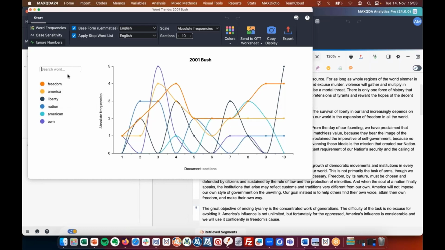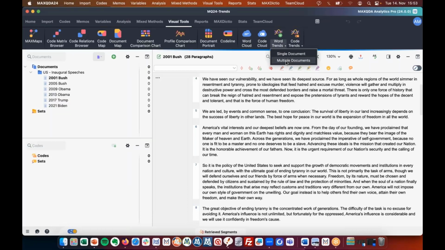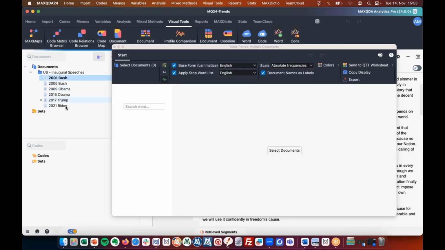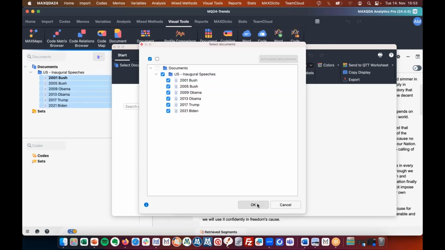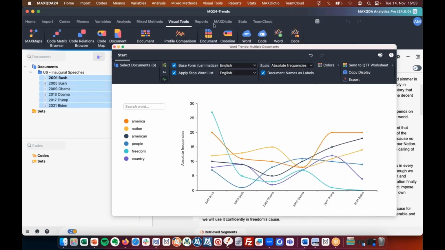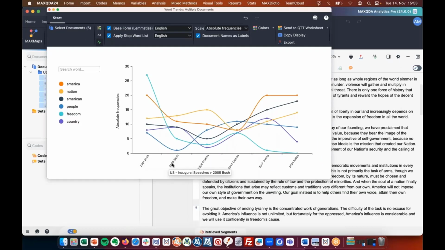I found it a nice feature, but I was always like, I can use the code line, it does something similar. But the new thing is that you can use this across multiple documents. So here we could compare all our speeches. Sorry, that's not how it works. I hit OK. And now we see here Bush 2001, Bush 2005, Obama 2009, Obama 2013,